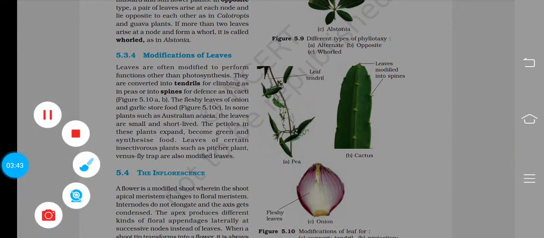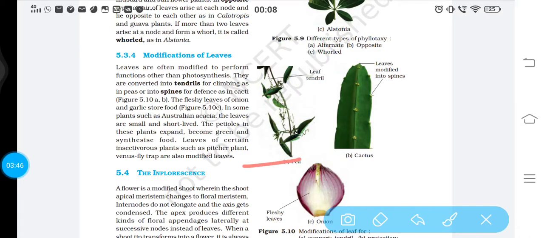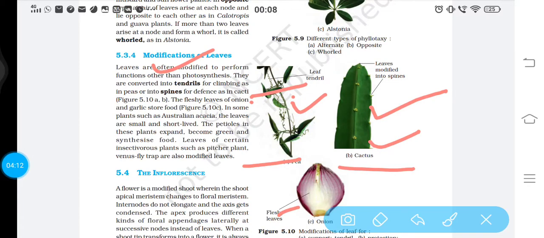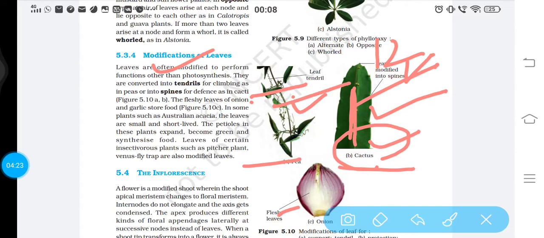Modification of leaf: we have seen this in our garden area or vegetable cellar. In any garden area we would have observed that at certain times a leaf modifies into a tendril. Here the leaf has modified for the purpose of climbing, and that is the tendril, like we can see in different plants, like pea. Then leaves modify into spines, and the stem is modified for the purpose of photosynthesis, like in cactus or opuntia. You will study this in your class 12th also. Just remember this for your class 12th.